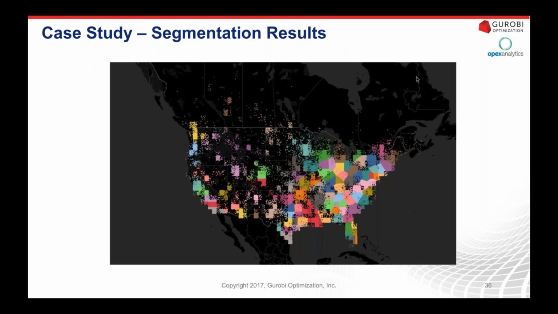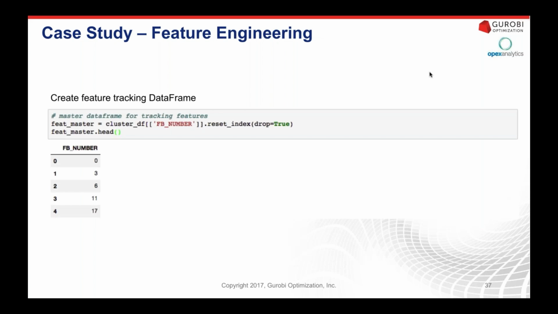Okay, so here is the output of our markets. You can see, as we mentioned, if you're familiar with some of the geography of the United States, you can tell that a lot of these clusters are centered around metropolitan areas. And that's typically what we're going to see. But again, what this does is it allows us to automate this process rather than having to choose some arbitrary separation like zip codes or postal codes or county state boundaries to create our markets.